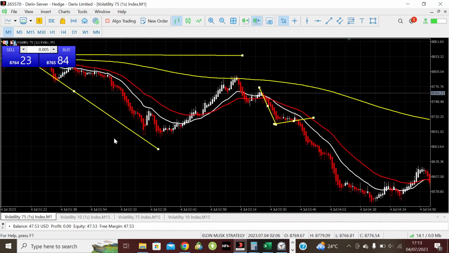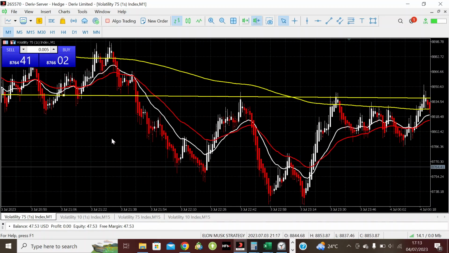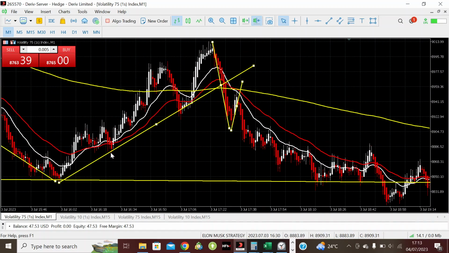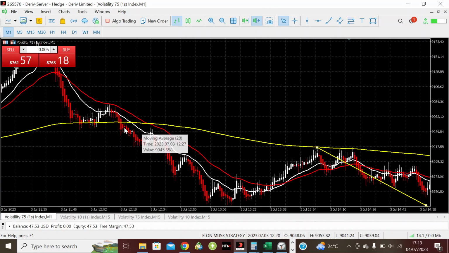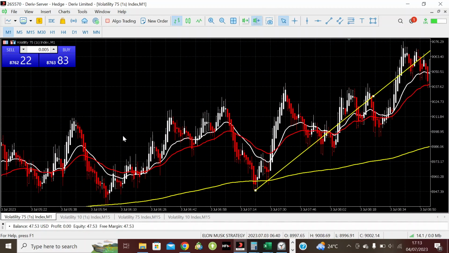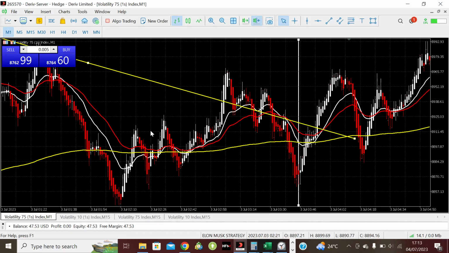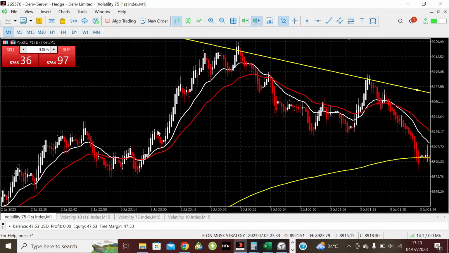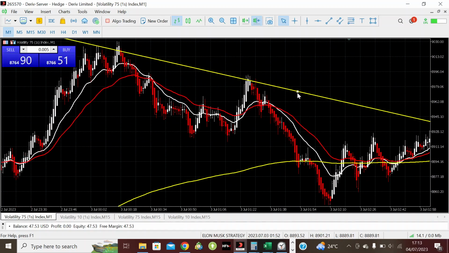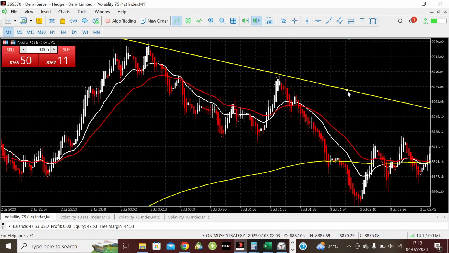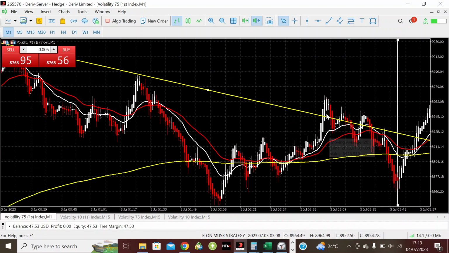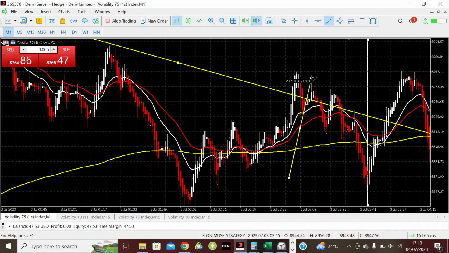Okay, if I don't lose like 20 trades in a row, I'm supposed to be able to pull this challenge off. Okay, so see what I'm talking about now. This is the trend line. Let me draw it well. This is the trend line. So look at the breakout here. Breakout happened here. So the rule is, when this thing happens and when this losing part happens, the rule is,